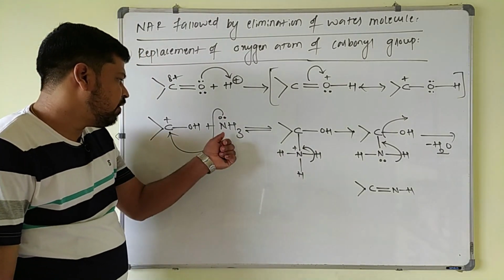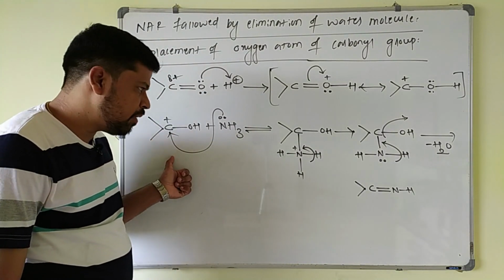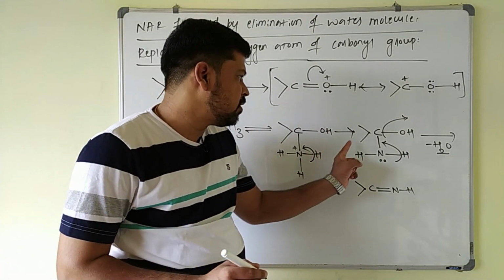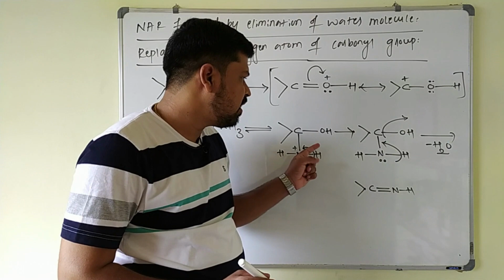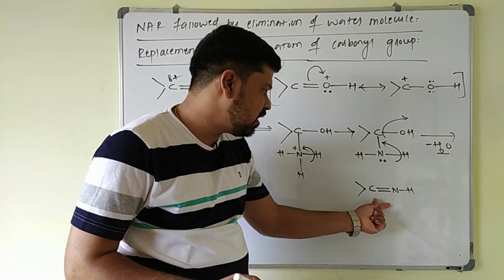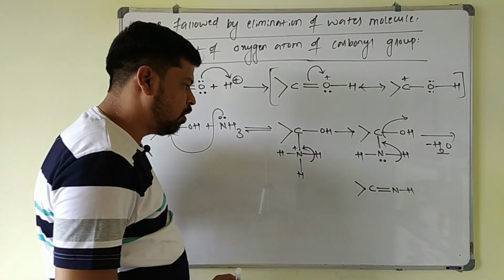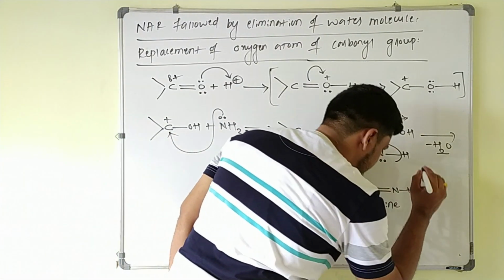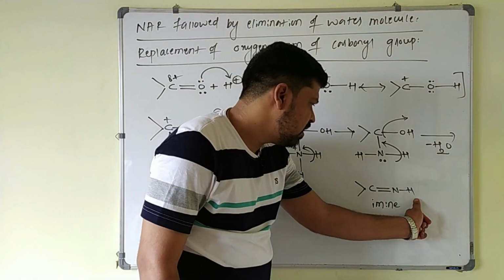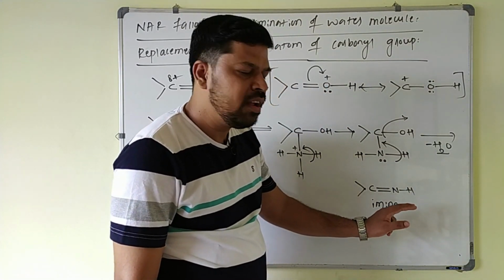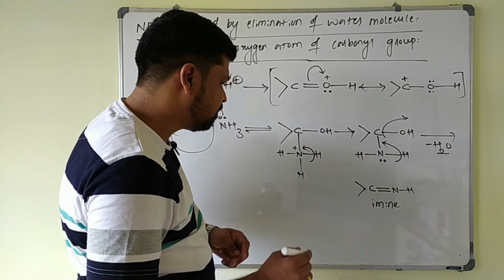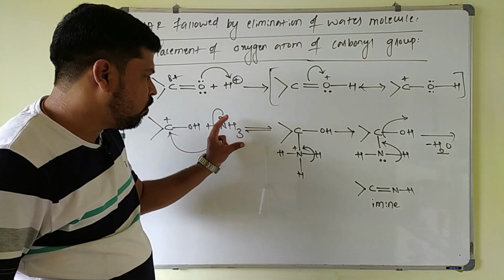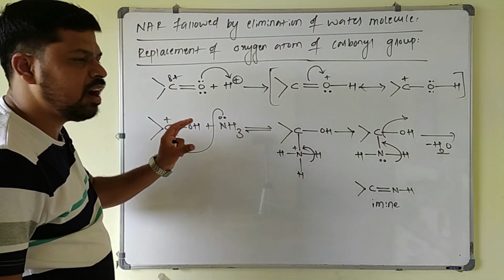So whenever a nucleophile is added to the carbonyl carbon, that is a weak nucleophile in presence of acidic medium, then there is elimination of a water molecule. First the nucleophile is added, then there is elimination of a water molecule to form the stable compound, that is a carbon nitrogen double bond, and this compound is called an imine. Suppose instead of hydrogen some other substituent is there, that is called a derived imine. So this is the addition of a weak nucleophile to the protonated carbonyl group.